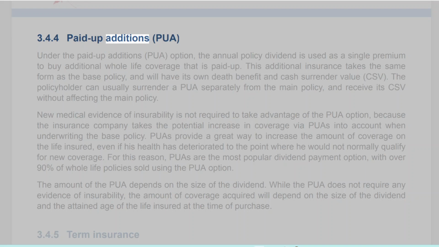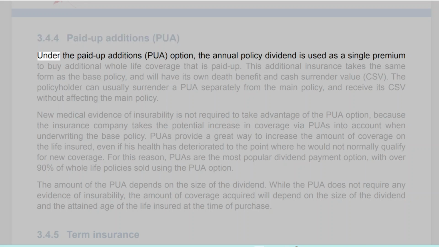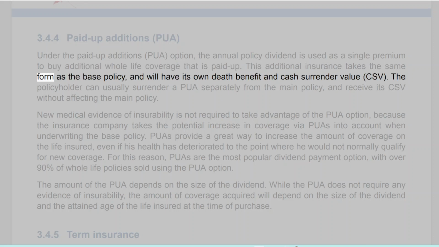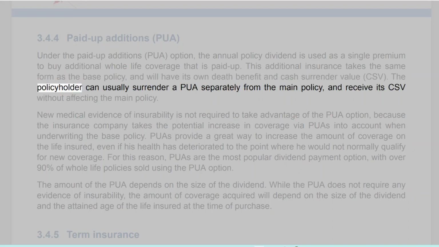3.4.4 Paid-up additions, PUA. Under the paid-up additions, PUA, option, the annual policy dividend is used as a single premium to buy additional whole life coverage that is paid up. This additional insurance takes the same form as the base policy, and will have its own death benefit and cash surrender value, CSV. The policyholder can usually surrender a PUA separately from the main policy, and receive its CSV without